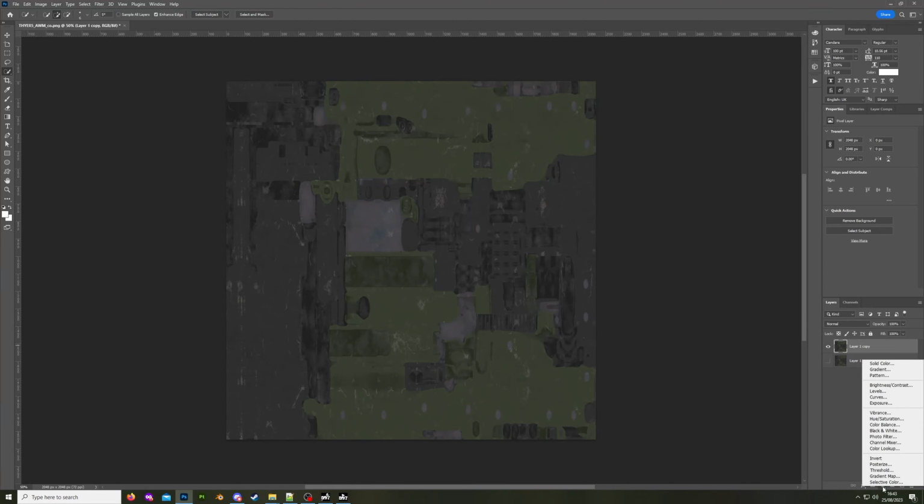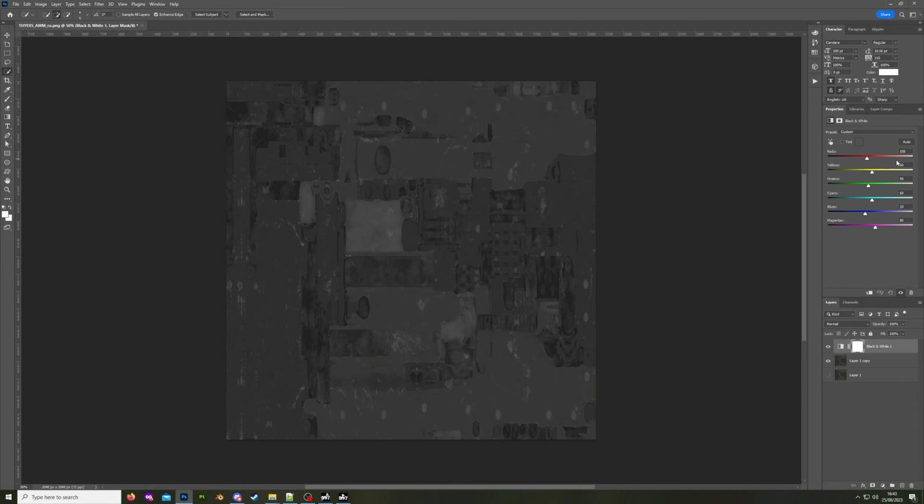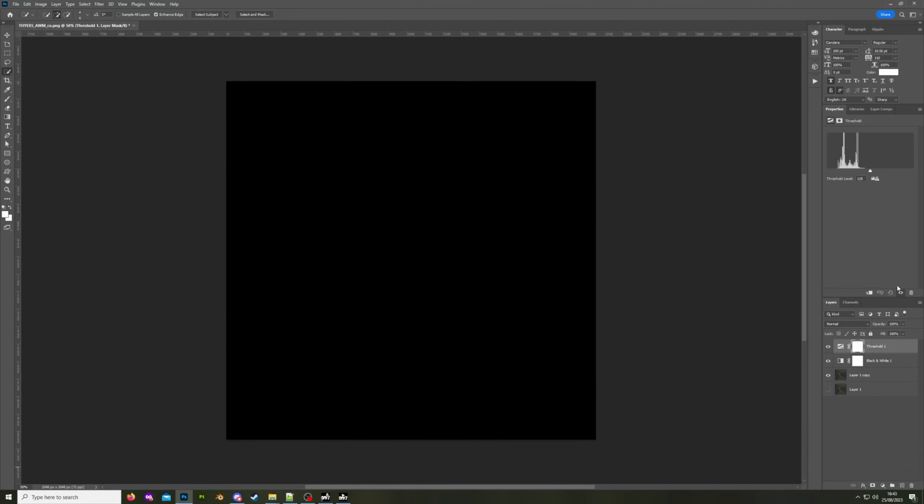I'm going to add an adjustment layer which is black and white, and I'm going to pump all the values up to max. The reason we're doing this is to allow ourselves to create a mask. As you can see now, it's starting to contrast the two different colors, which should make it easier to select them, but we're going to go a step further and we're going to add a threshold adjustment layer,